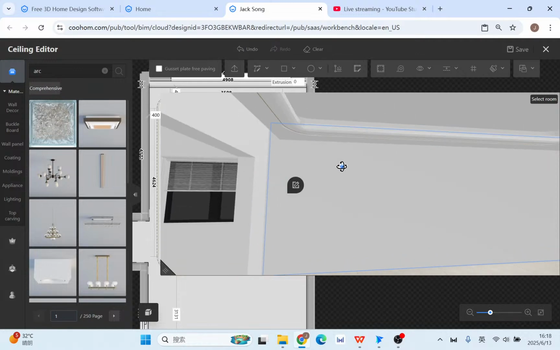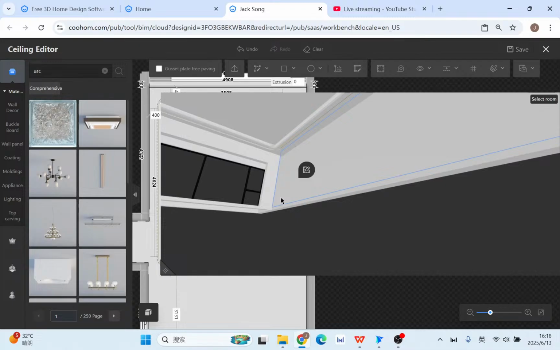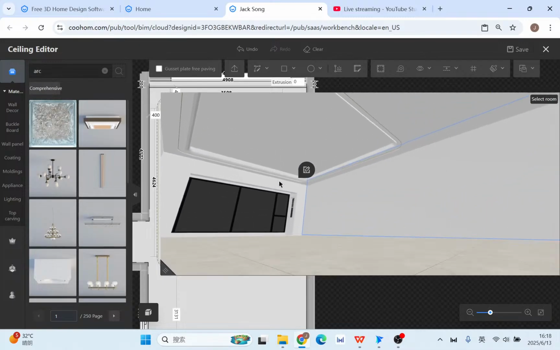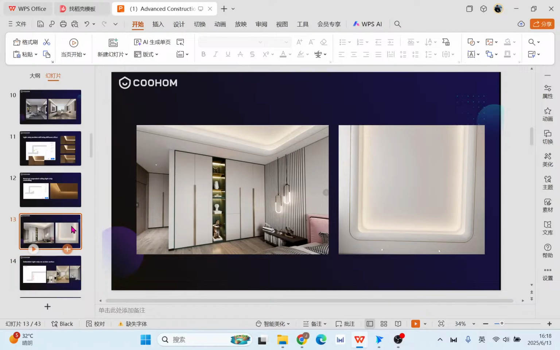So you can see now we have a proper chamfer, the proper chamfer angle. That will be the way to do with some more design style, right? Okay,